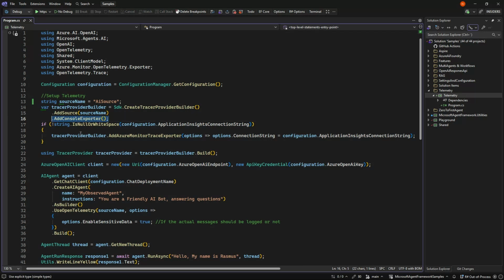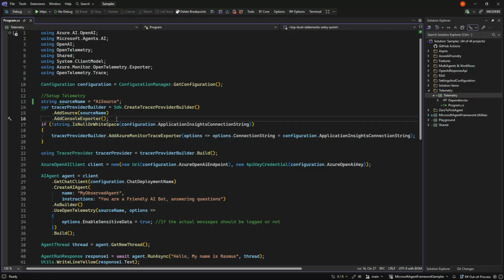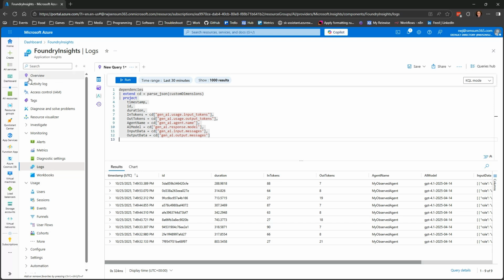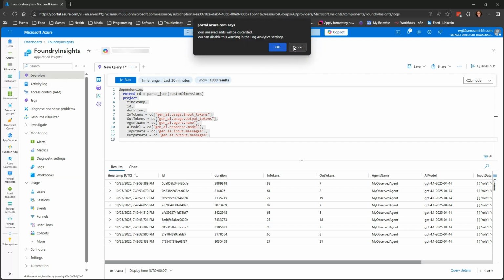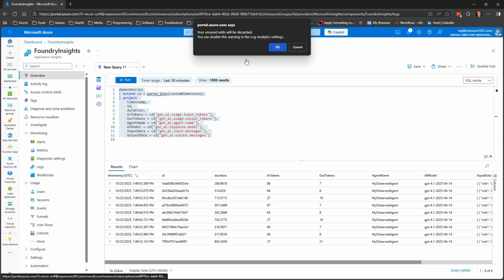And in my case, we also add a console exporter, so we can export the various data out to the console. And then I have an Application Insights set up. Let me quickly grab this before we move on.